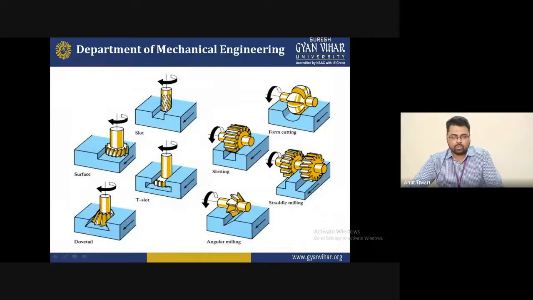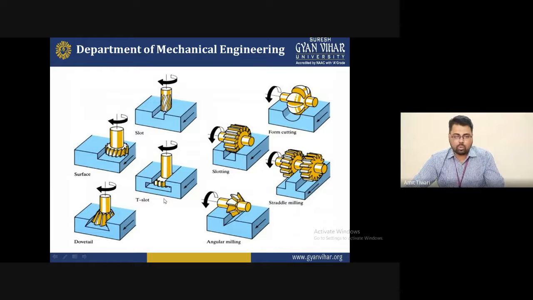Dovetail-type tools are used as multi-point cutting tools. As I am saying, there are different types of multiple cutting tools in the machining of milling and drilling. But depending upon what type of operation you want to perform, for that purpose you will select a special type of tool for the machining. Dovetail, you can see this is a dovetail. You can see a dovetail like this. You can see these diagrams mentioned for performing this type of operation and providing this type of shape. You will select this type of tool.